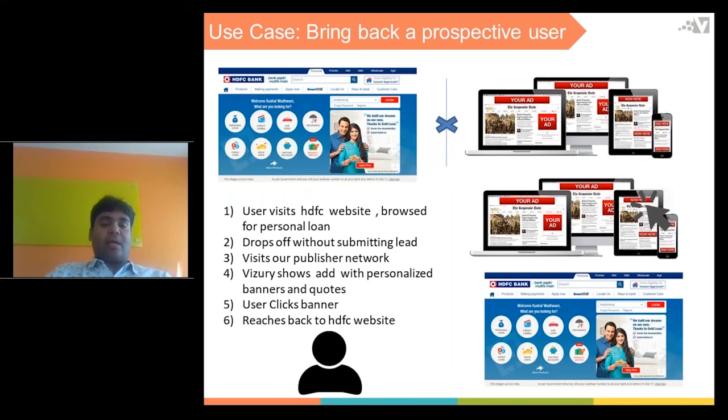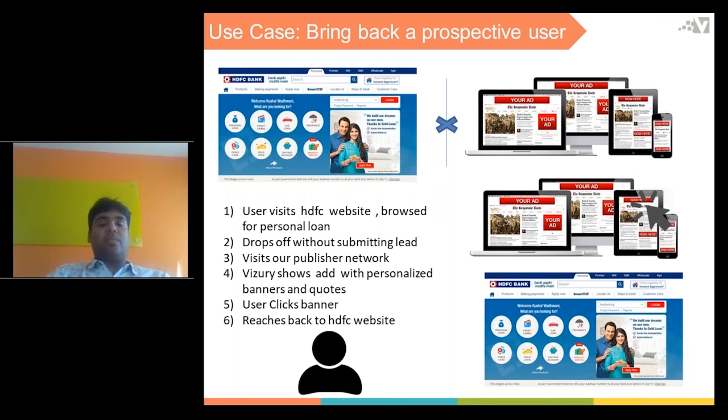So to take action further on a prospective user who browsed the website, the bank needs the phone number or the email which the bank captures while submitting the lead. So the major purpose is not served. It was a prospective user who just browsed, has an interest in the product but has not submitted a lead. He just drops off without submitting a lead.